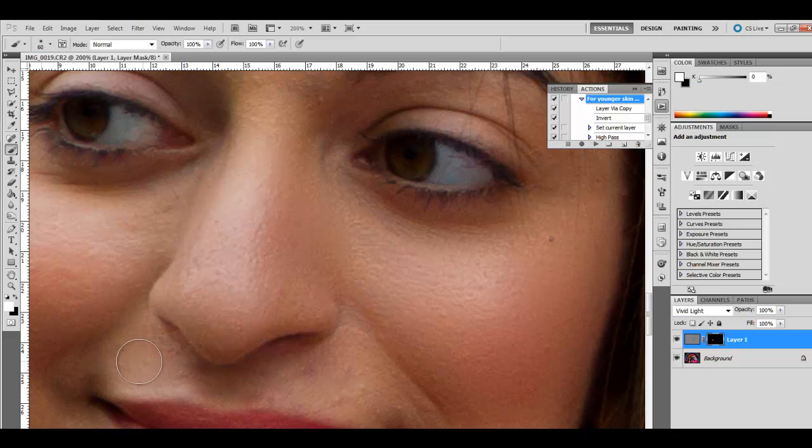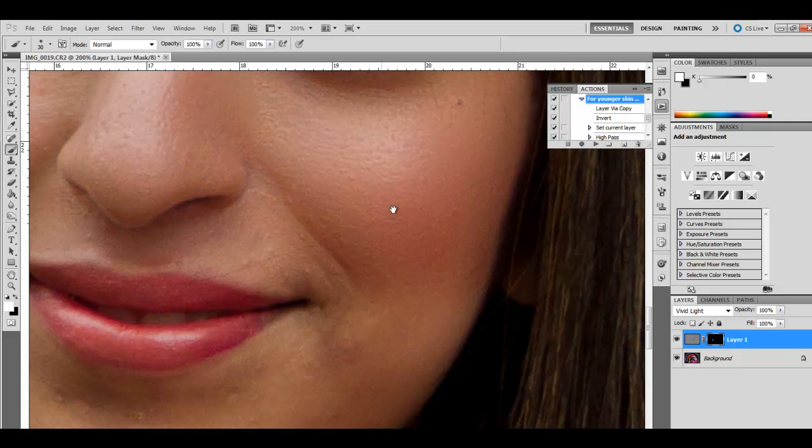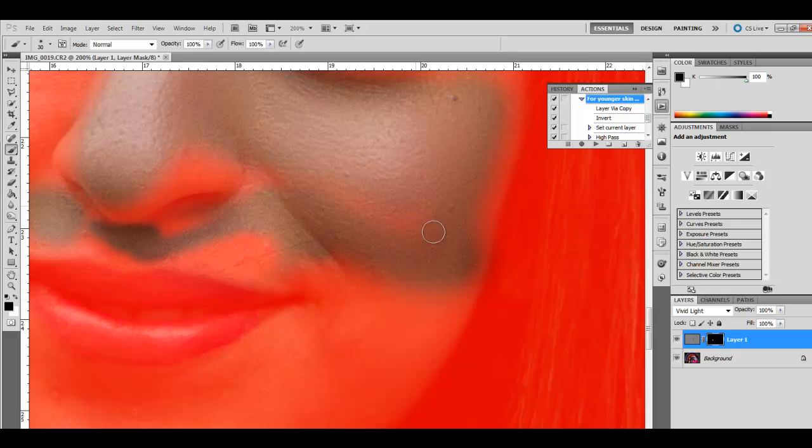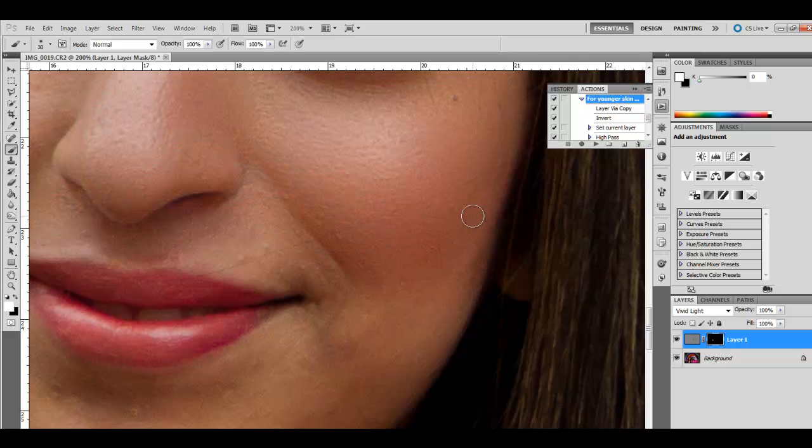Now go back into white. Reduce your brush size by hitting one of the bracket keys, the left bracket key or the right bracket key. Right will increase. If you hit the backslash key, you'll see what part of the mask you're undoing. It's just face that we're working on. We're not going to bother too much with other parts of her. She's quite an attractive young girl, so